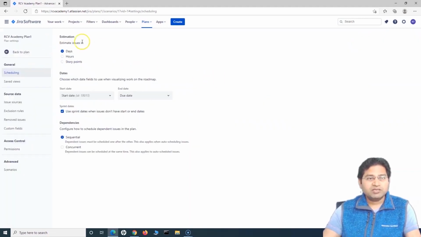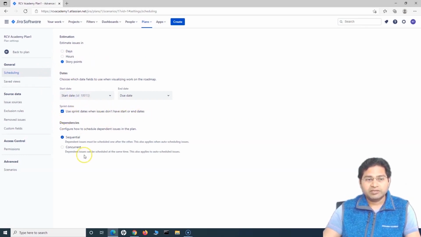In terms of configuration, I can go to the configuration and you will see that it is on the scheduling, save views and different options for the plans, the configuration options that are available for the plan. You can estimate based on days, hours or story points. So choosing this selection will ensure the alignment of the estimation that is being done within your projects or teams, right? So say for example, your teams is at the story point planning level or follows that, choose the story points. Similarly, for the dates and other values, you will see that you will be able to configure